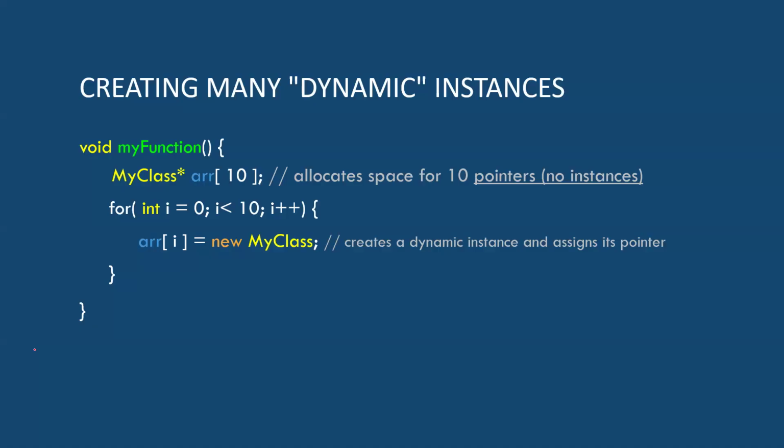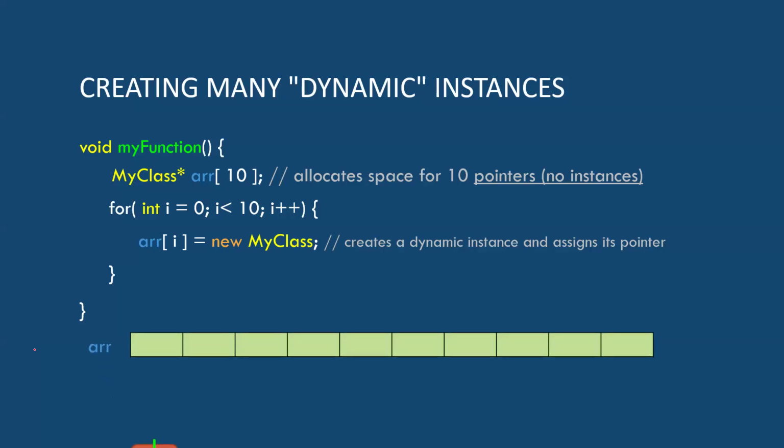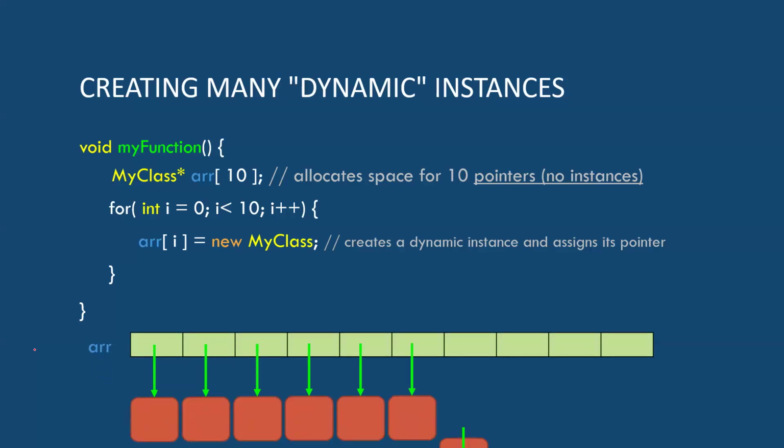Even our homework too is going to do this, right? So we'll be pointing to instances from positions of the array, okay? So it's kind of like this, right? Now in our lab today, I'm going to be devious and randomly I'm only going to be pointing to some things and other things are going to be null. So you're going to have to go on a treasure hunt, first figure out which array position has got a good pointer and then follow it and get some treasure out of the little orange boxes, okay? So if you're not checking to see if the pointer is valid, then you're going to crash, right? So we'll see that here in just a few minutes, okay?